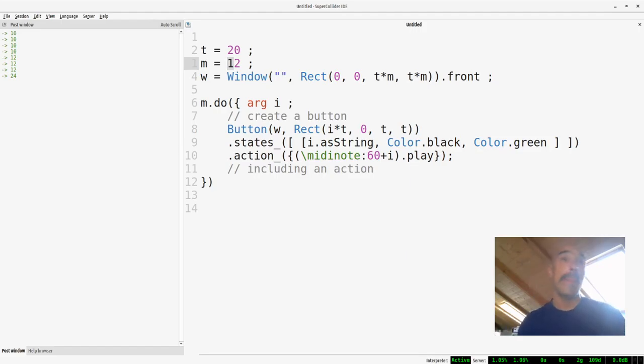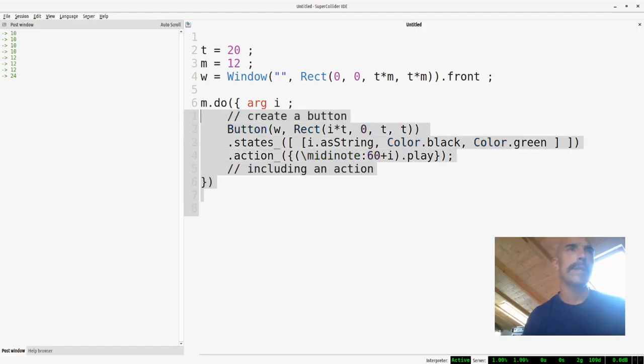By the way, in this case, I was closing and reopening the window, but of course you can do this in an interactive way. Maybe you should work with a little bit more complicated code, but that's surely possible. This is just one of the possibilities. We're doing this 12 times, we're creating a button, but we could also work in this way for the same